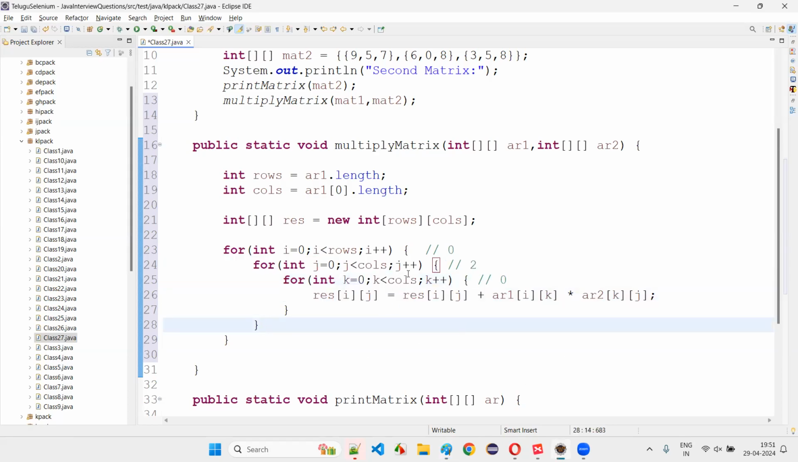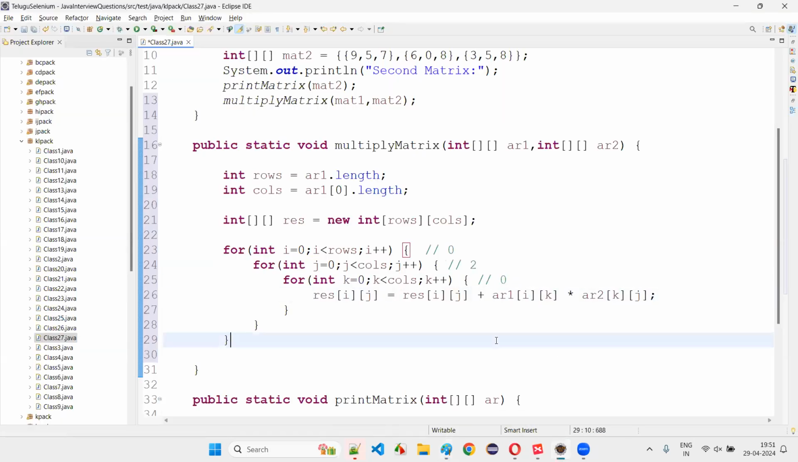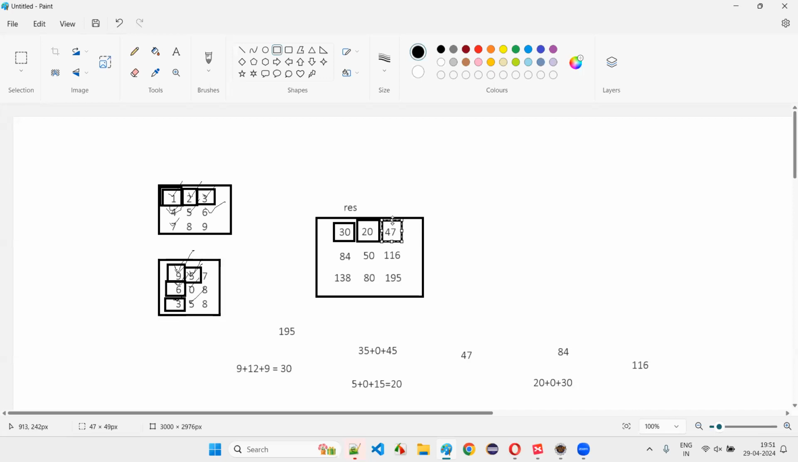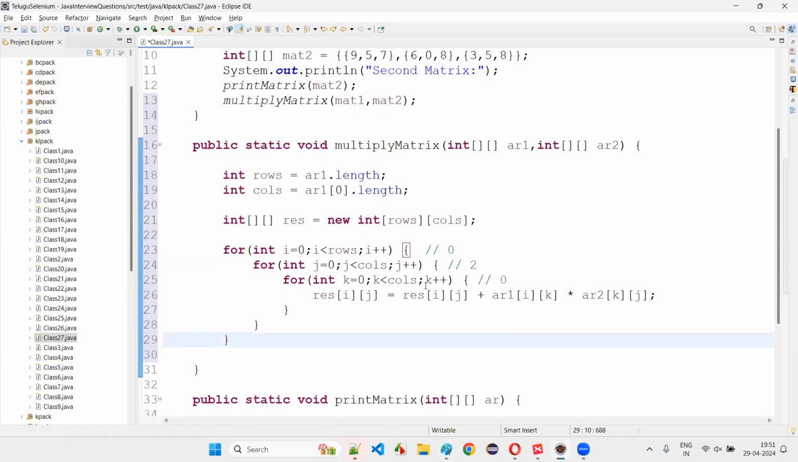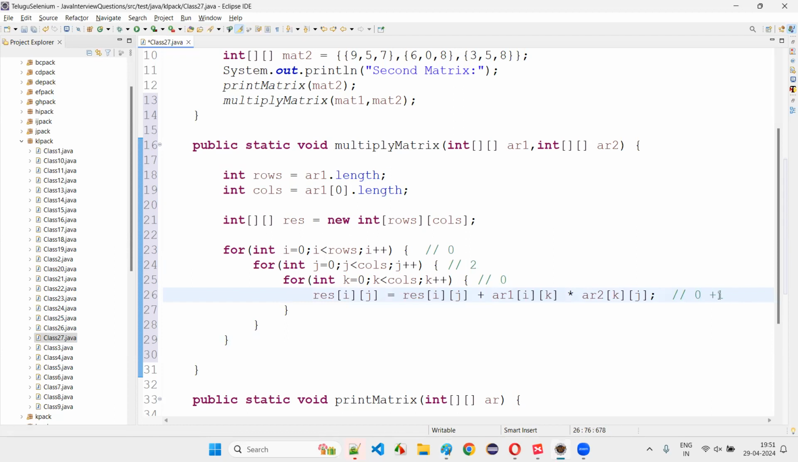And here we will explore a few more. Okay, 0, 2 will come to 47. The result should come. Initially that particular position is 0. 0 plus array 1 of Ik. Ik means I is 0, K is 0. I 0, 0. That is 1 only. So 1 multiplied by